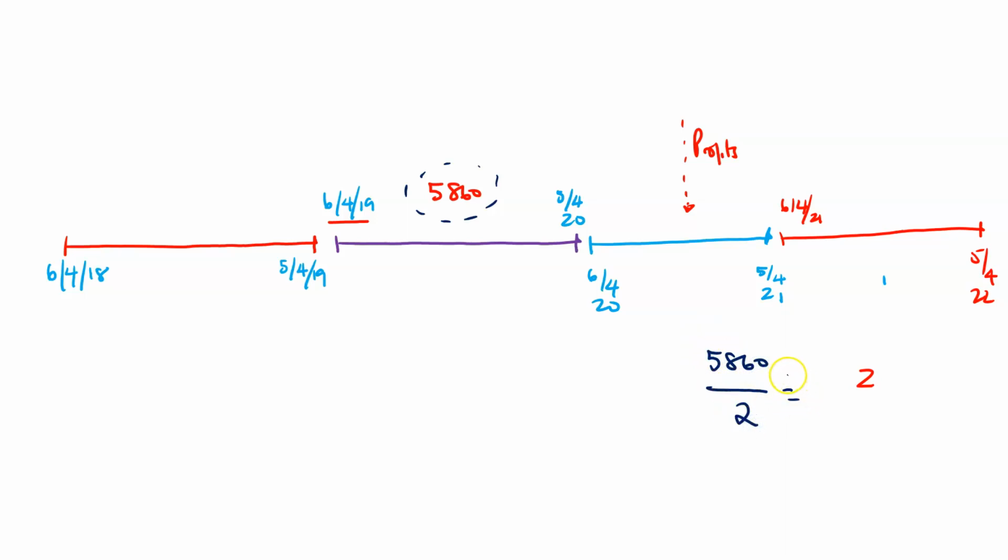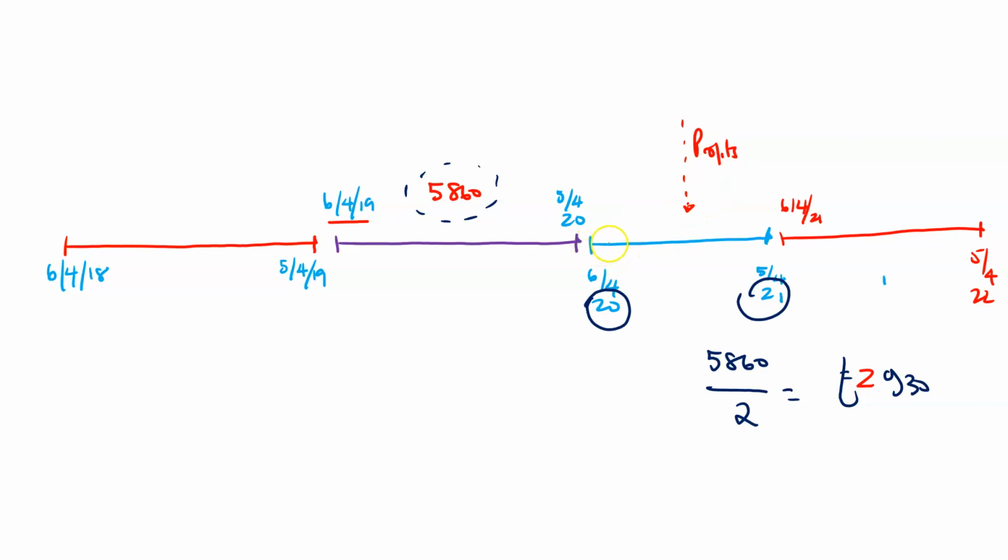When you have 5,860 divided by 2, you have 2,930. So it says that your payments for 2021, whatever your profits are going to be, I don't know yet,